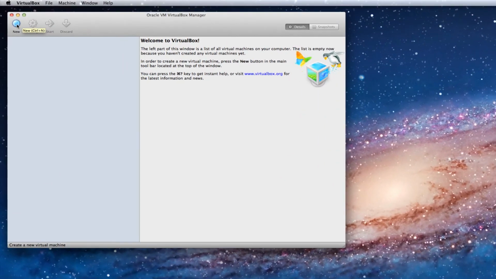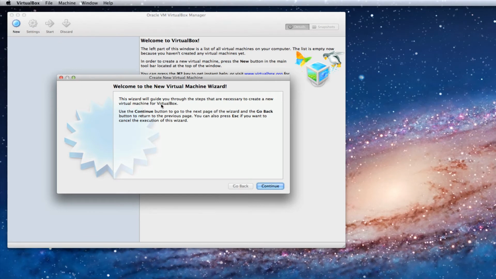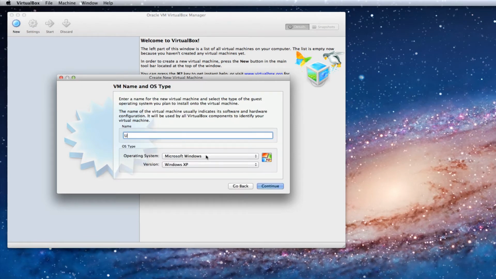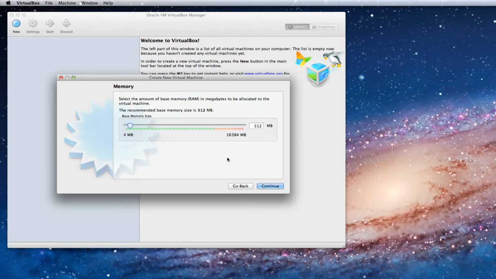We're going to start by selecting New, which will fire up this virtual machine wizard. Hit Continue. I'm going to call this one Ubuntu Fizz 2300, and I'm going to select Linux as the operating system and Ubuntu as the version, and click Continue. Now I have to select a base memory size for this virtual machine, and it has to be at